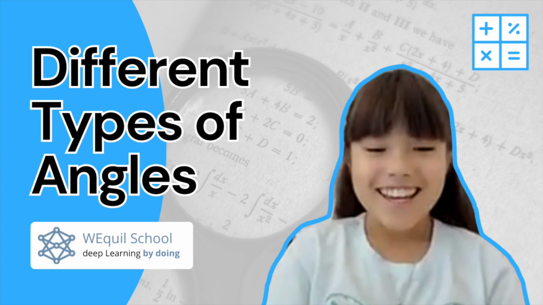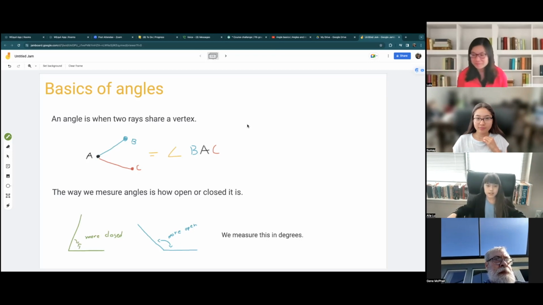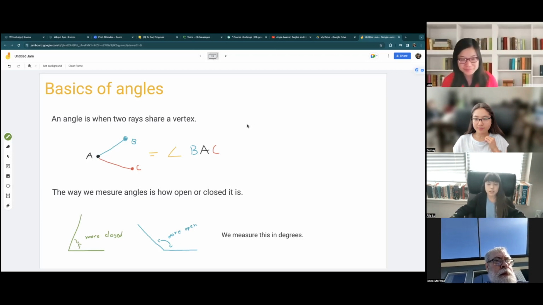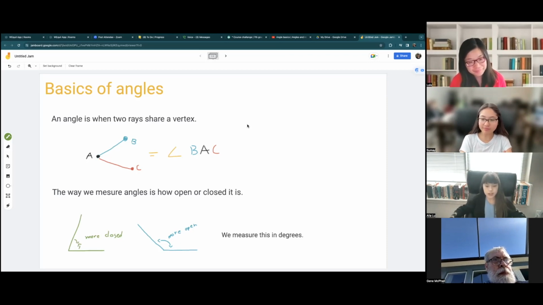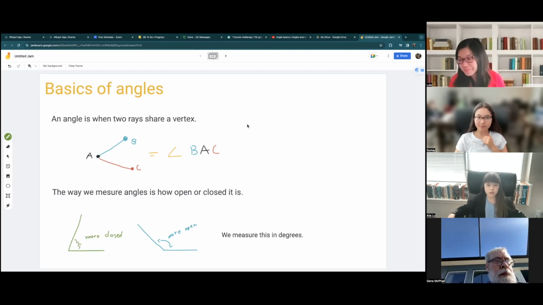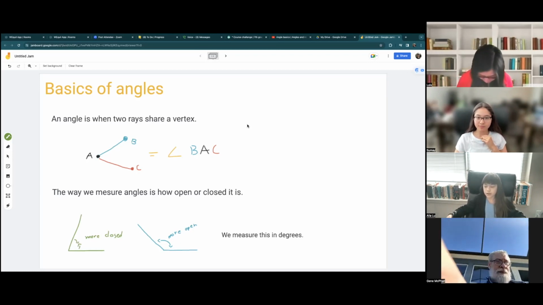Present this project on the basics of angles to help me with, because I've been forgetting some stuff related to the basics of angles, and I'm working with angles more in my math. So I wanted to, I don't know,